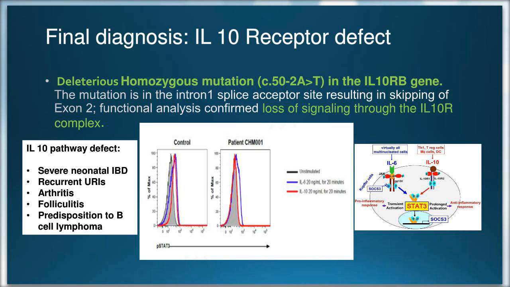Yeah, the really troubling thing about this case to me is the lung disease. It can certainly occur in IL-10 receptor deficiency, it's just not been described. What's really fascinating about this disease is that, despite this being an immunosuppressive cytokine, both in the mice and in the humans, the primary defect is this really severe IBD. But lung disease has never been described, and that's why I raised the question earlier about